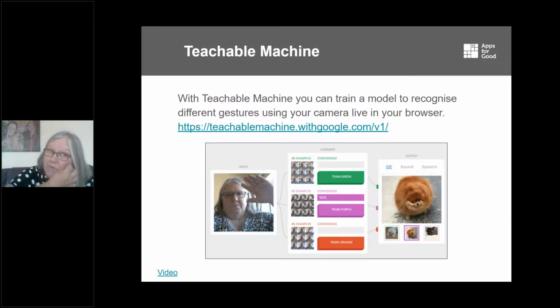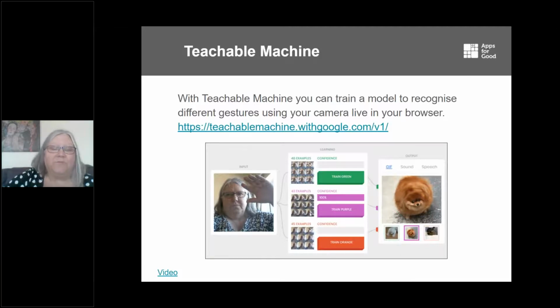Leading on from that, another nice free activity, Teachable Machine. Now, this version of it uses your webcam. If your webcams are disabled, there are alternative ways of using this tool, which don't require you to have the webcam on. But basically, it's looking at gestures. So I can put up a hand, I record myself putting up a hand, and then it's learned that that's me putting up a hand, and it will put either a picture or a message up depending on what I've actually asked it to do along here.